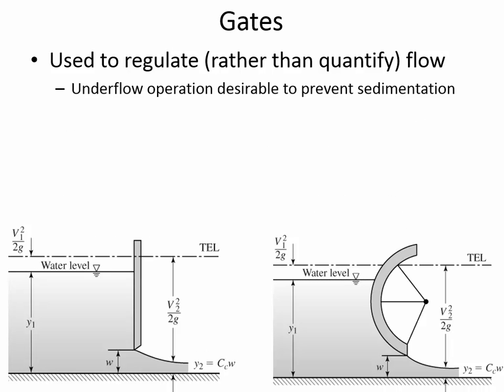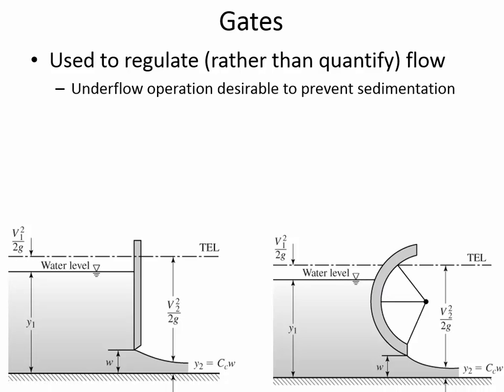We know that there is energy loss, and so in a bit I'll show you how to account for the coefficient of contraction and what's the actual flow rate through the gate when you do account for it. But here's a cross-sectional view just showing that radial gate, and I think you probably will get a sense for why the benefit of having